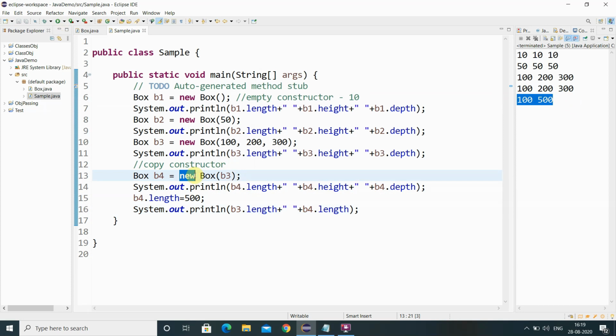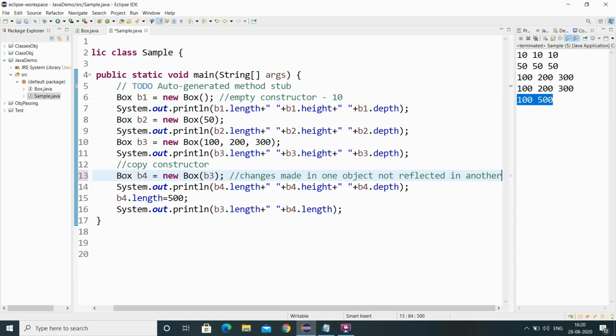So only the data members' values are copied, not the object's reference. So changes made in one object are not reflected in another object.